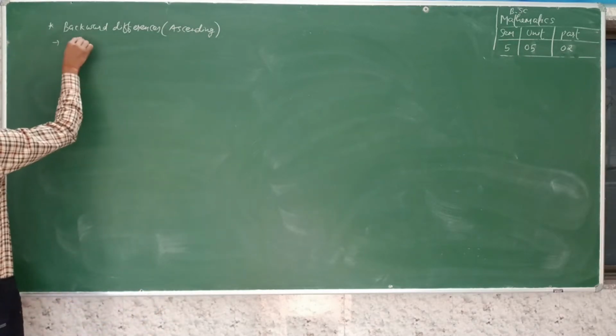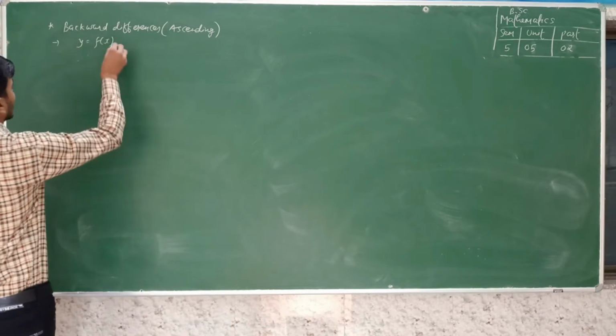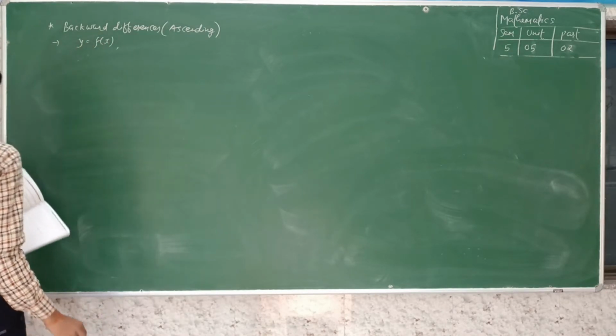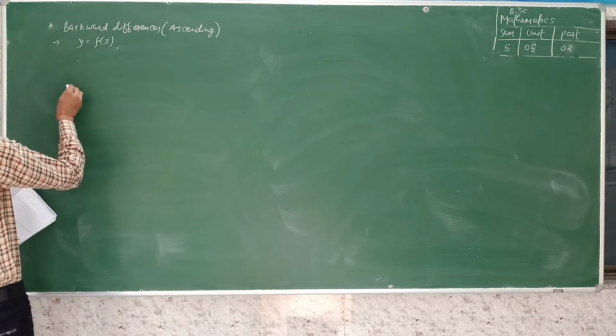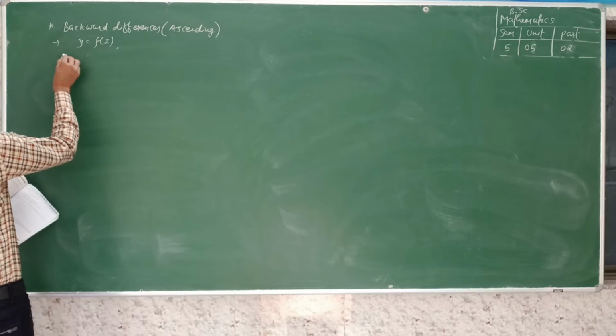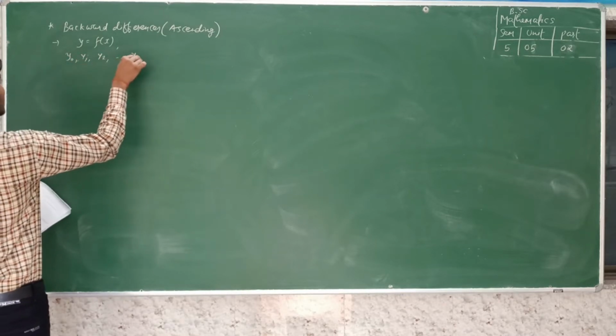Suppose we have a function y is equal to f of x. Our function is given by y0, y1, y2 up to yn